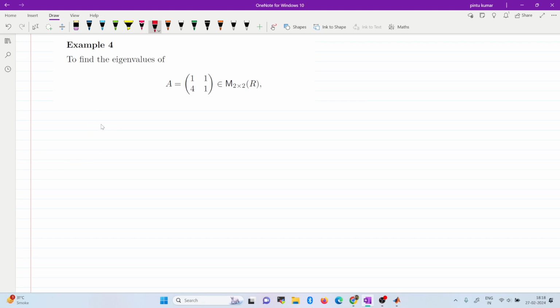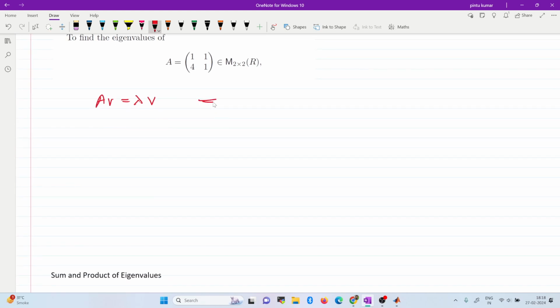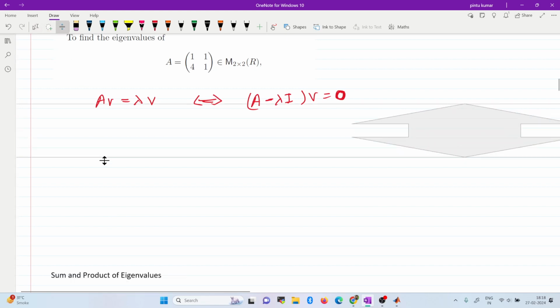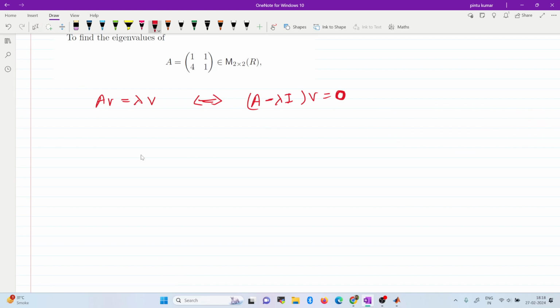So what we want is, again, Av is equal to some lambda times v. As I mentioned, this is similar to solving A minus lambda I, v is equal to 0. Now, whenever you have to find an eigenvalue, what you want is, I think if you did some linear algebra course, then when solving a system of equations,